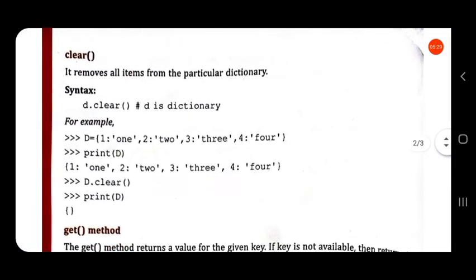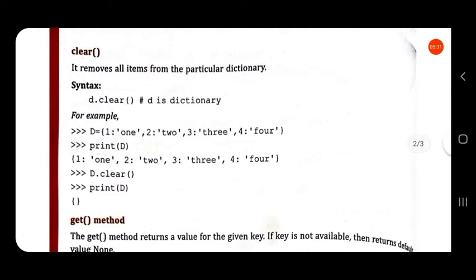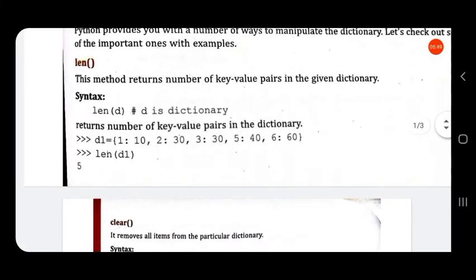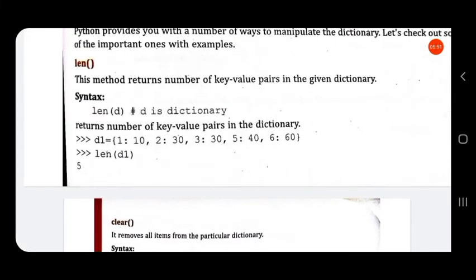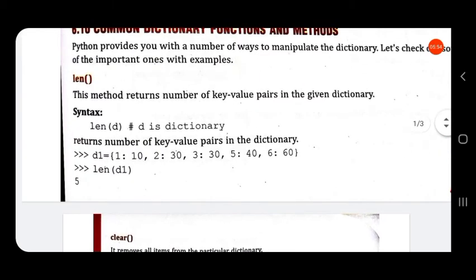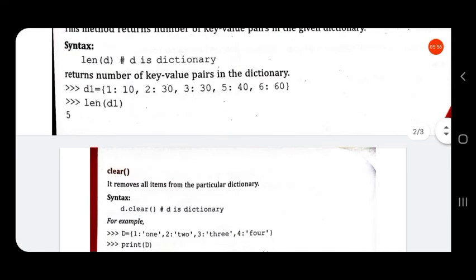The next function is the clear function. It removes all items from the particular dictionary. The clear function will delete all elements from the dictionary. In the first function the syntax was function name and then in brackets the name of the dictionary.